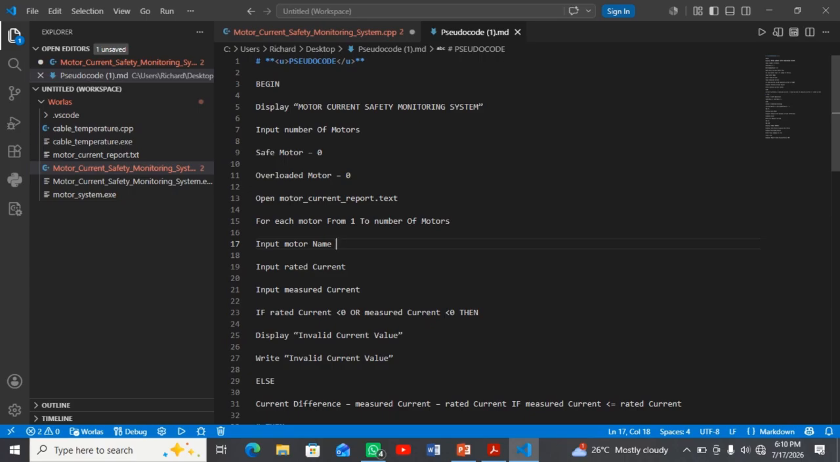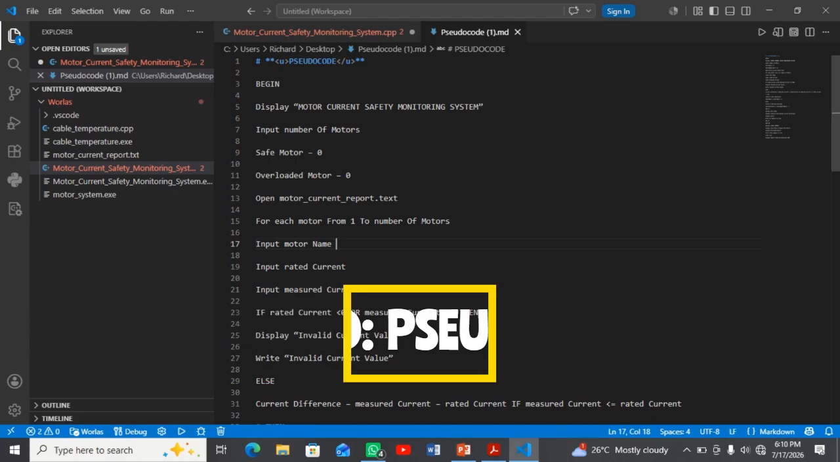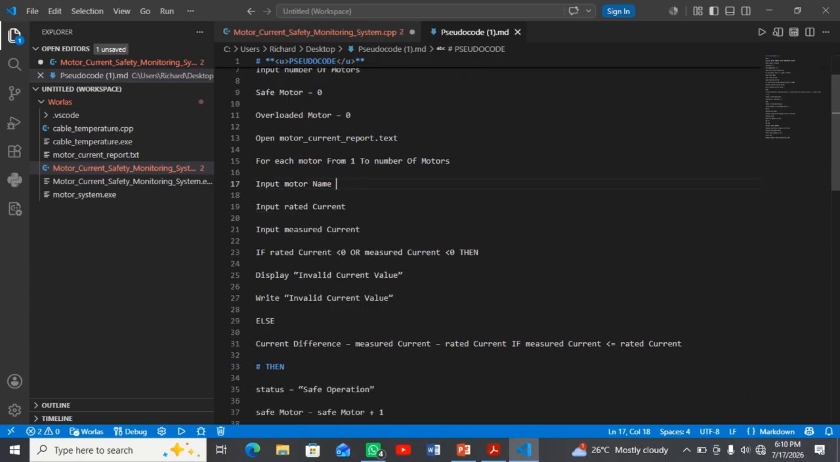I'm Edward, and also the pseudocode writer. The pseudocode provides a simple step-by-step description of how the motor current safety monitoring system works before it is implemented in C++. We start by accepting the number of motors to be monitored, then collect the motor name, rated current, and measured current. The system validates